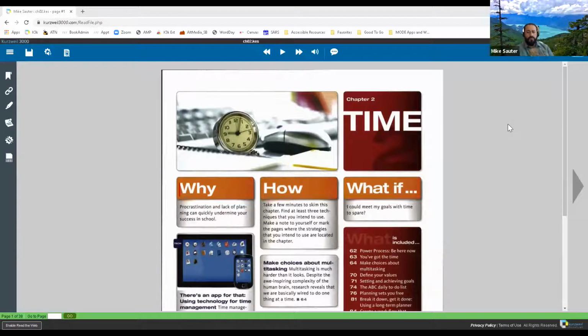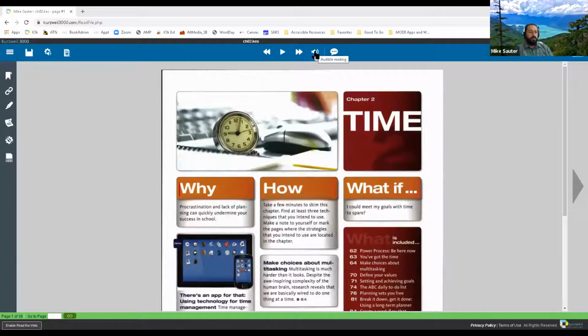So to go through the basics here, we're just going to locate all of our tools for reading. You should be familiar with these, so bear with me as I go through these basics. So right here in the top middle of our screen is our first toolbar, which is our reading toolbar. And if I hover over that middle triangle, you should see that that is the read button. So to start the reading in audio, you just click that read button. Notice that there's also a P in parentheses. That is a hotkey. So you can use your keyboard to start and stop reading just by using the P on the keyboard.